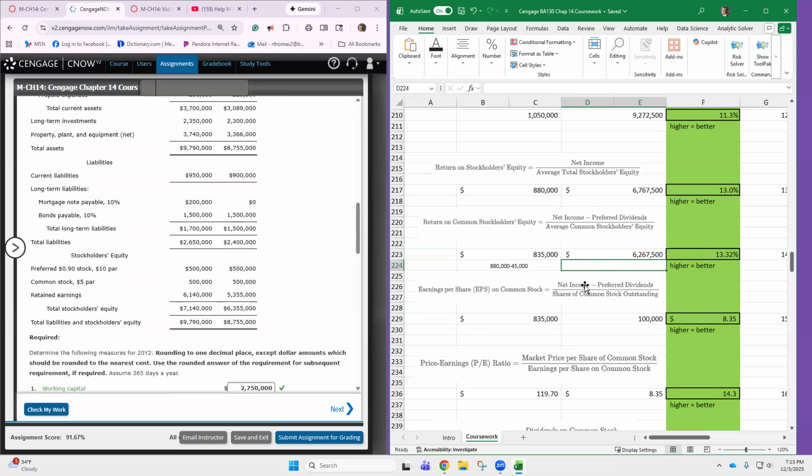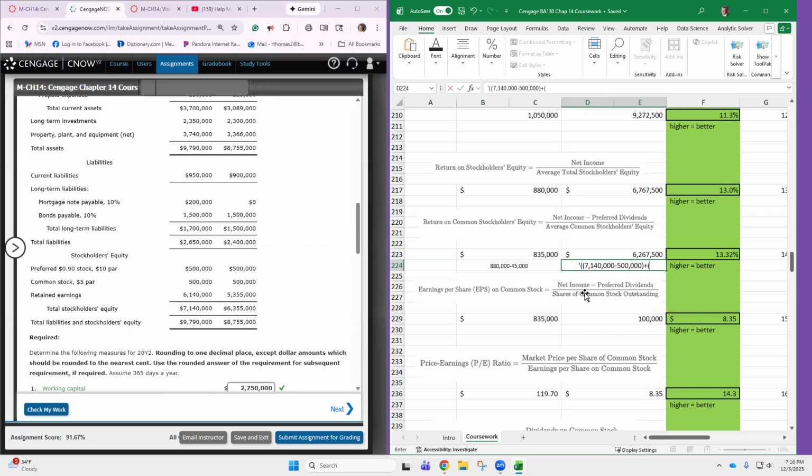So here's what this is going to look like. Parentheses, I'm looking at 7,140,000 minus 500,000, close parentheses, plus,